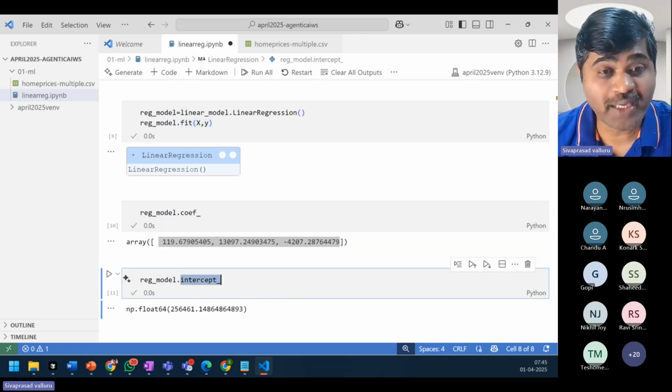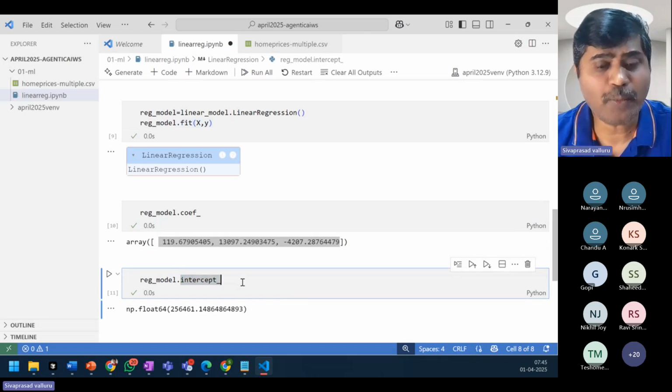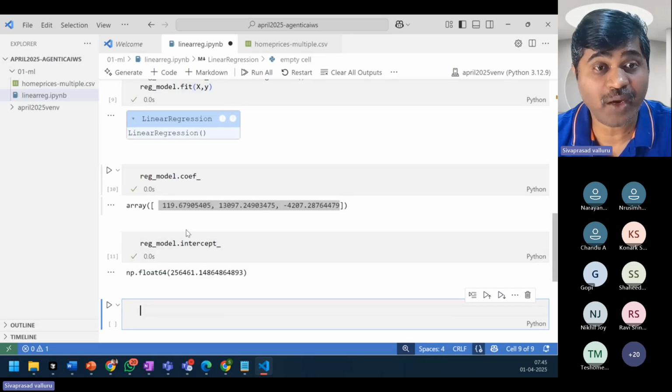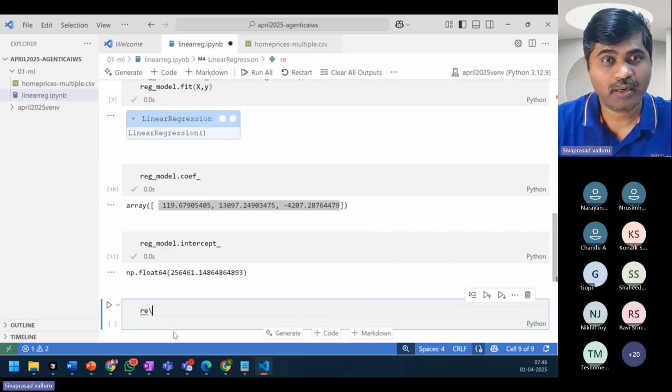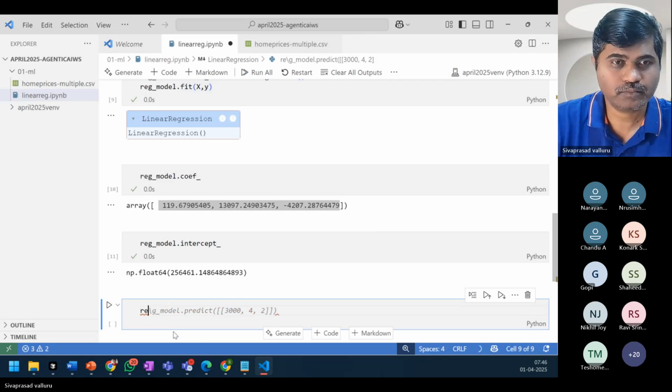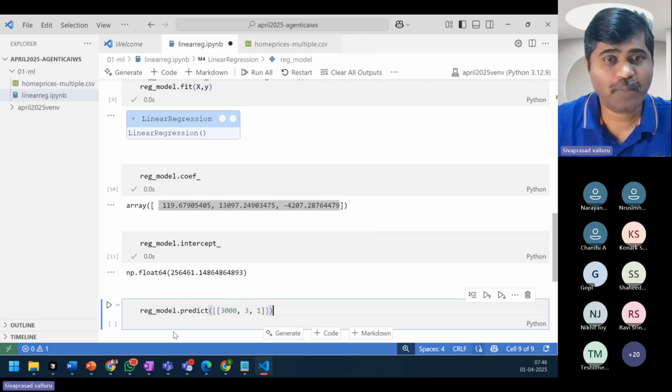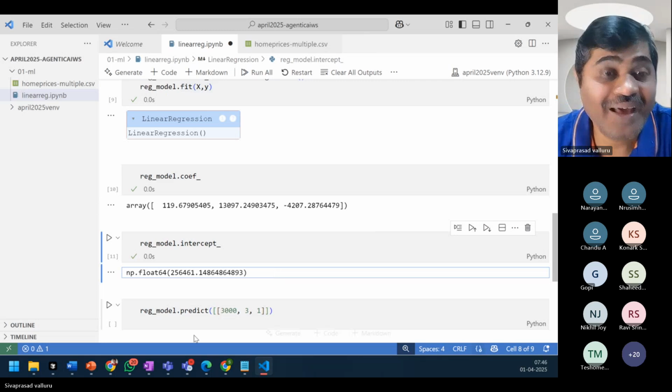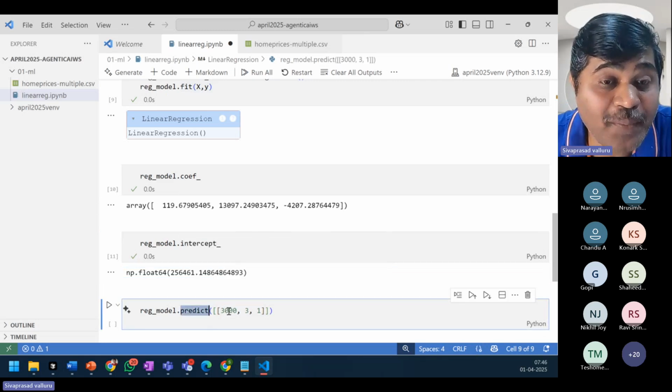Now, how to do predictions? I want to predict the price of a house with some area and so on. Model dot predict. I have to pass this array.